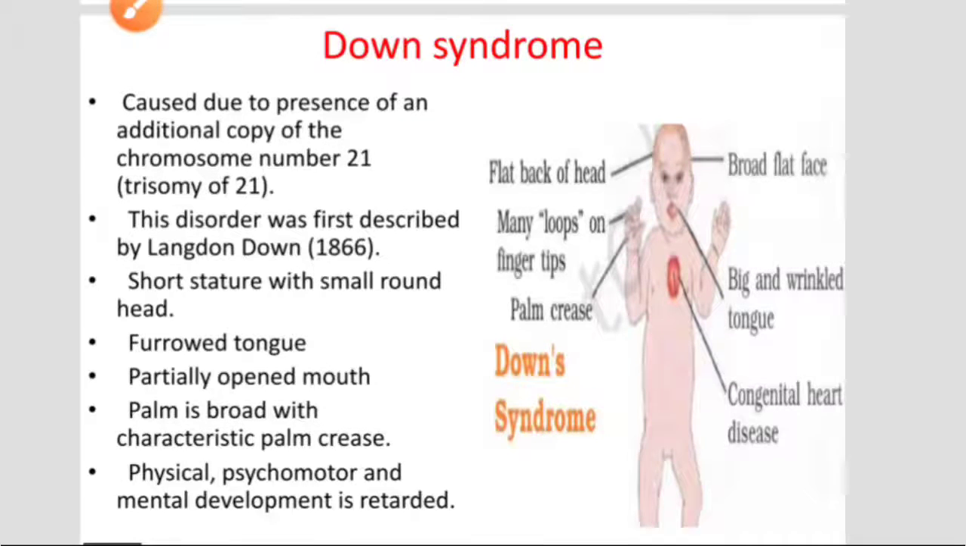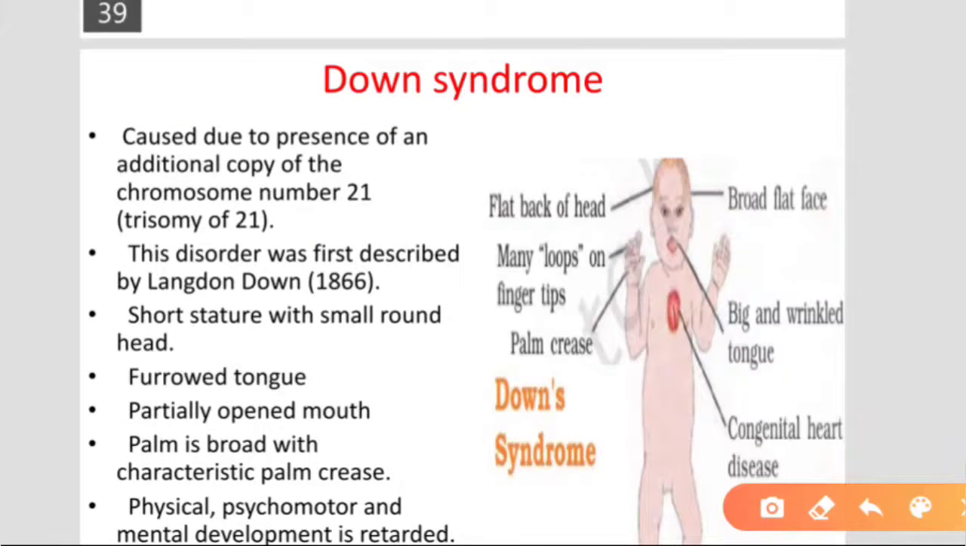Here are some examples of chromosomal disorders. This is Down syndrome. In this case, it is caused by the presence of an additional copy of chromosome number 21, that is called trisomy. One additional chromosome at the 21st pair of chromosomes, right? Then this disease, Down syndrome, is called one extra chromosome. This disorder was first described by Langdon Down